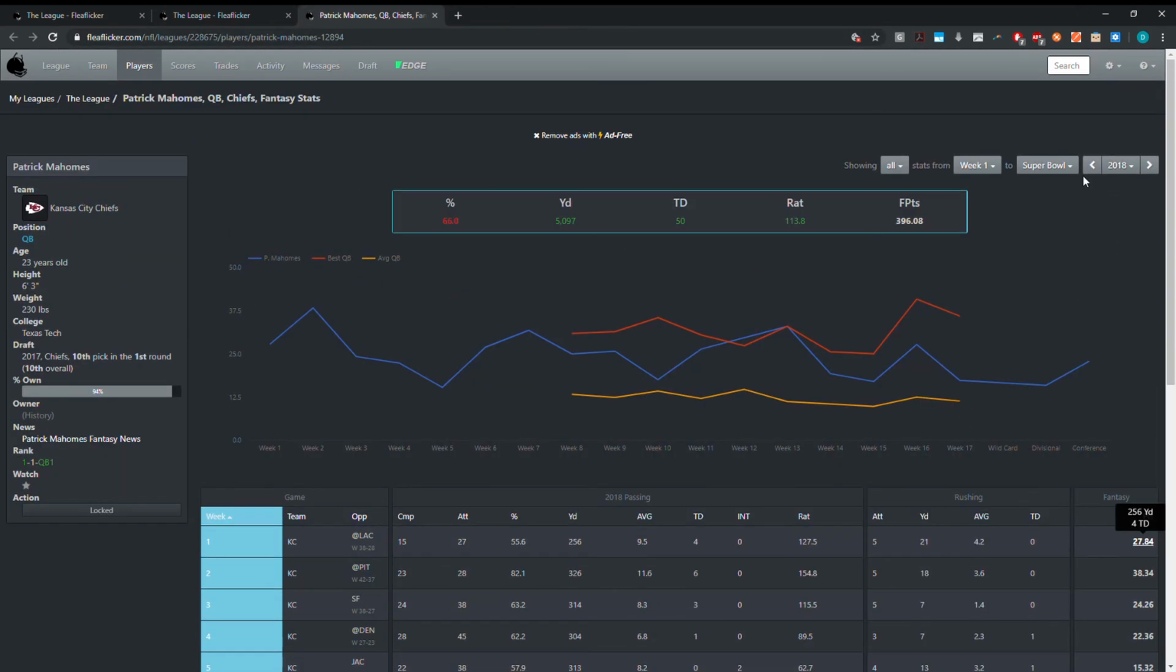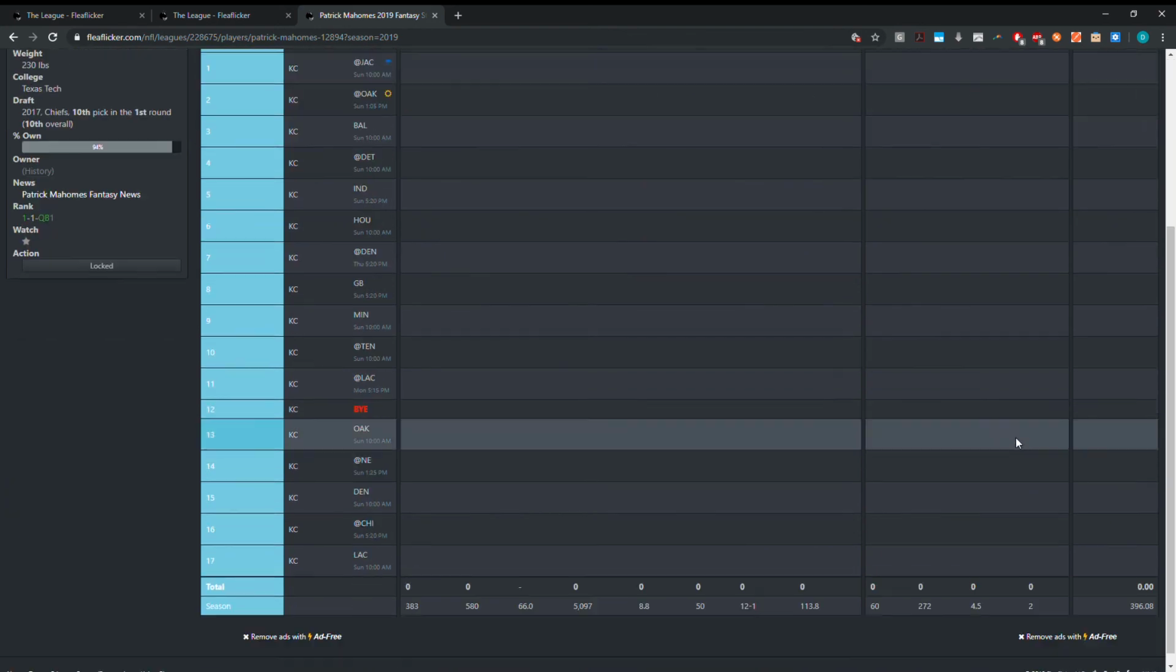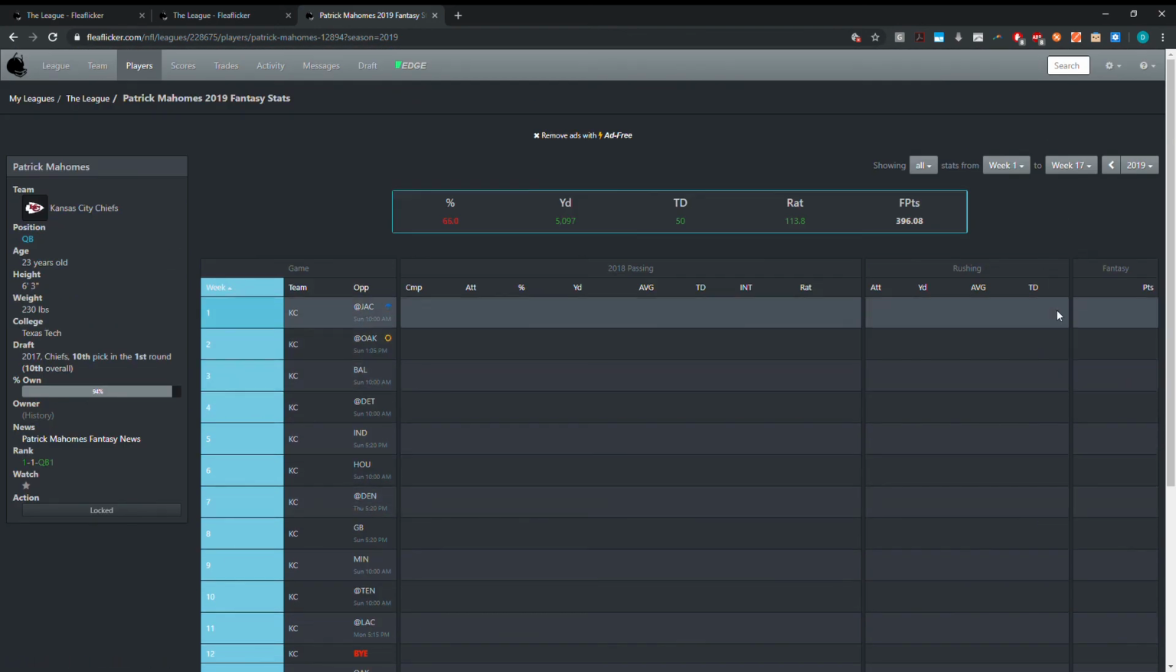If you want to look at previous seasons, you go up here to the right. You can click previous seasons. If you want to look at this year, obviously there's no stats that have occurred yet, so there's really no point in